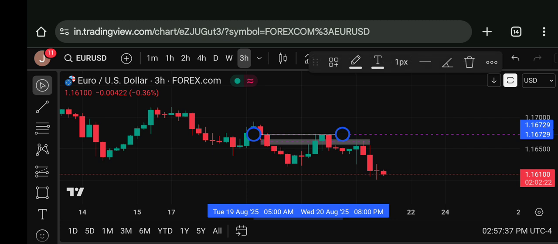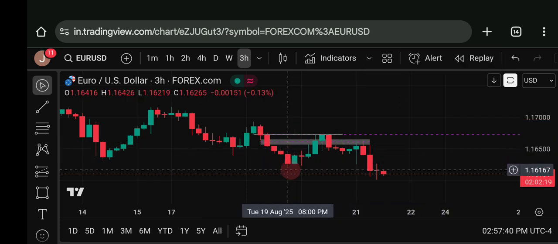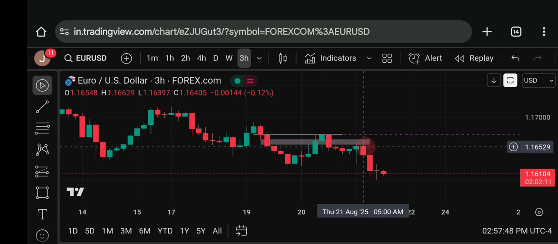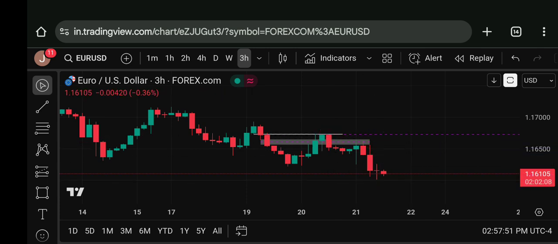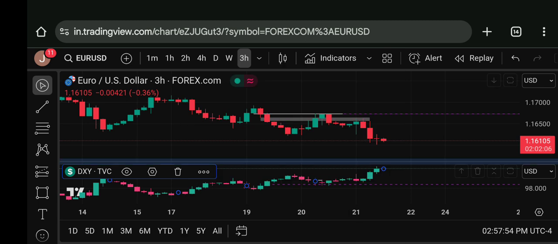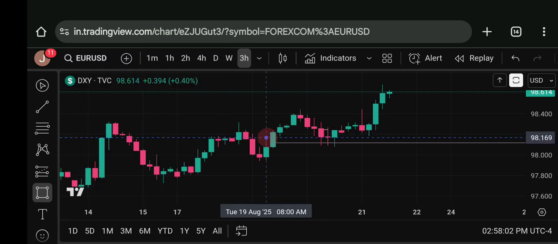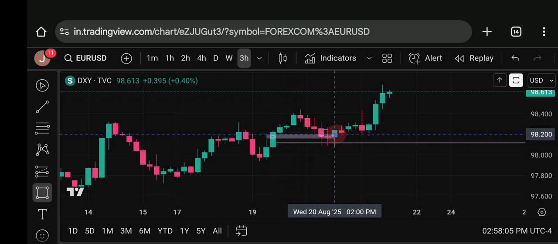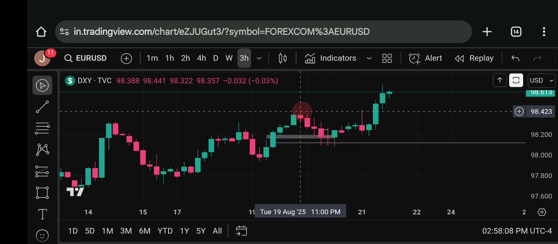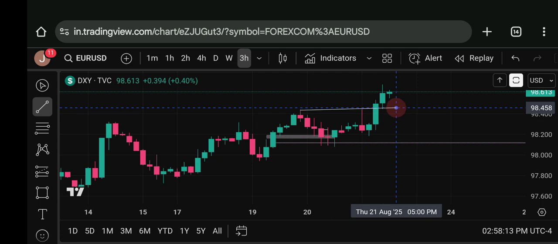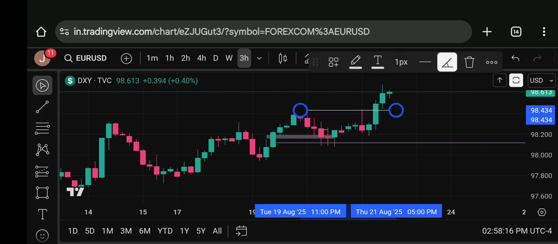So this was our higher time frame narrative guys, from this bearish fair value gap to this draw on liquidity, that is this inside liquidity, but price once again goes up, taps into this bullish order block and then moves down. And after that on the chart you could see a 3 hour IRL was respected. From this IRL to this external range liquidity was our target guys. So this was our target, 3 hour IRL to IRL,